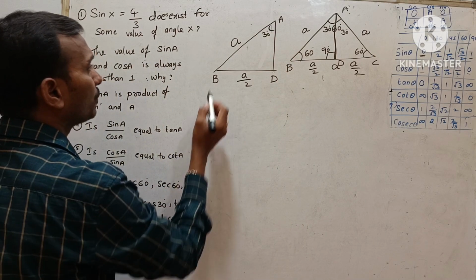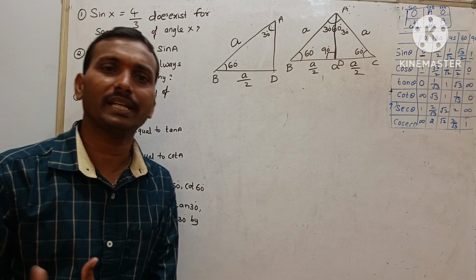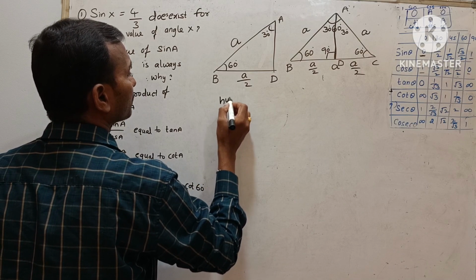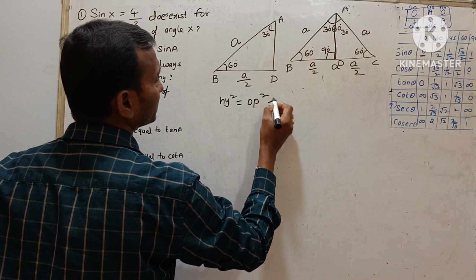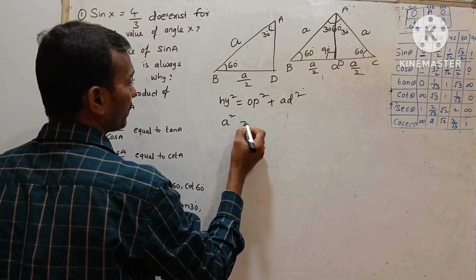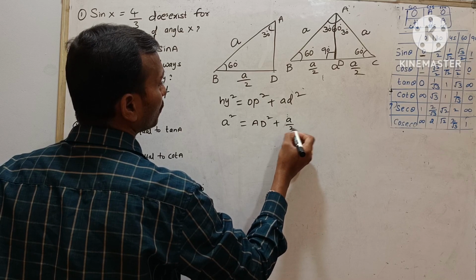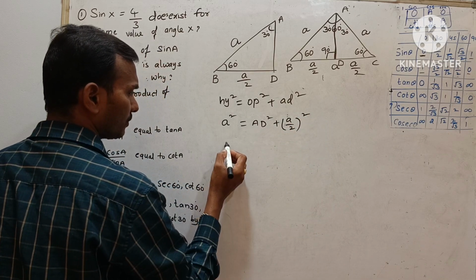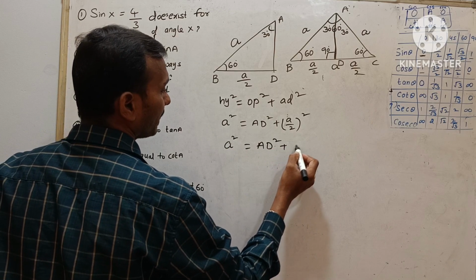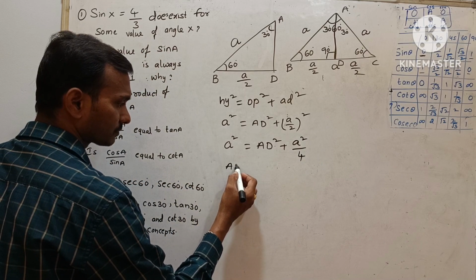Now, if we know the two sides of a right angle triangle, the third side can be calculated using Pythagoras theorem. That is, hypotenuse square is equal to opposite side square plus adjacent side square. Here the hypotenuse is nothing but A square, opposite is nothing but AD square, adjacent is nothing but A by 2 whole square. So now, A square equals AD square plus A square by 4. So now AD square is nothing but